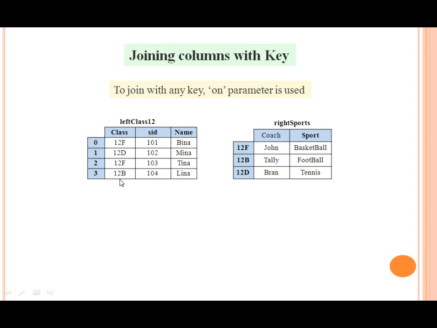Clear, children? So just see what happened. If I write this statement, result equals left class 12 dot join right sports on equals to class, it means I am joining on the basis of class. And class is to be seen in the index of the right sports.